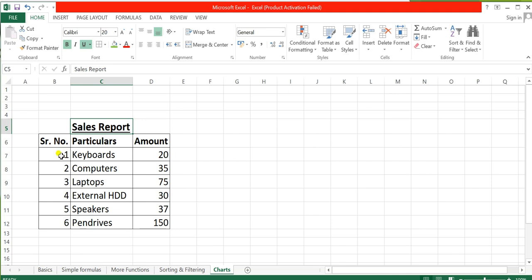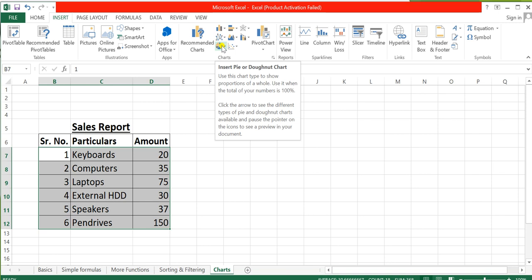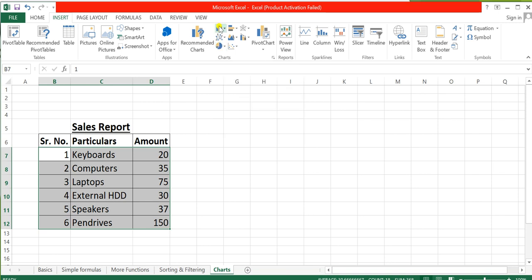I will select the data first, then click on the Insert tab. In the Insert tab we have many options, and different types of charts in the Charts group.